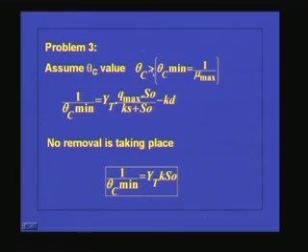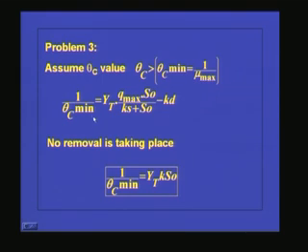If you take 1 by mu max, we get the theta C minimum required, because as mu max increases, the theta C value will be decreasing. Since we know the mu max value, we can find out the theta C minimum we have to provide. So, assume a theta C value which is greater than this theta C minimum,